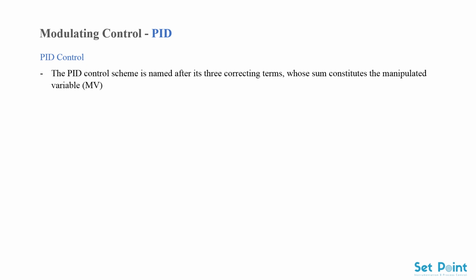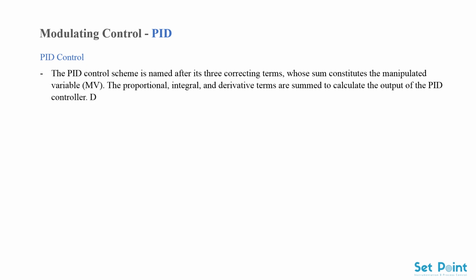PID control. The PID control scheme is named after its three correcting terms, whose sum constitutes the manipulated variable, MV. The proportional, integral, and derivative terms are summed to calculate the output of the PID controller. Defining u(t) as the controller output, the final form of the PID algorithm is